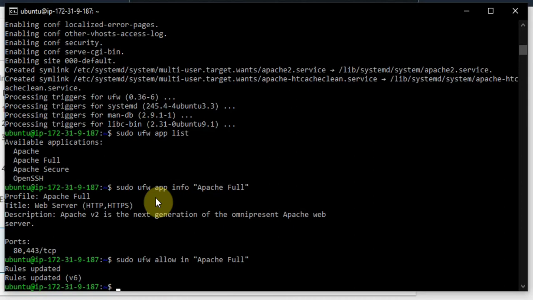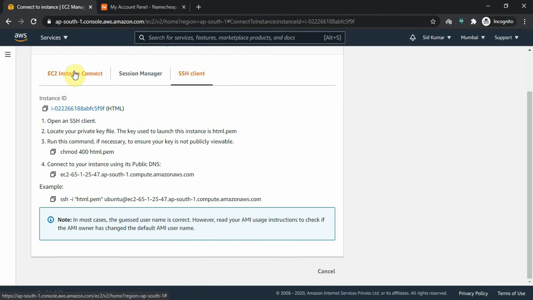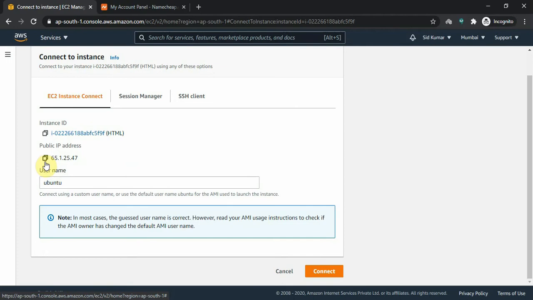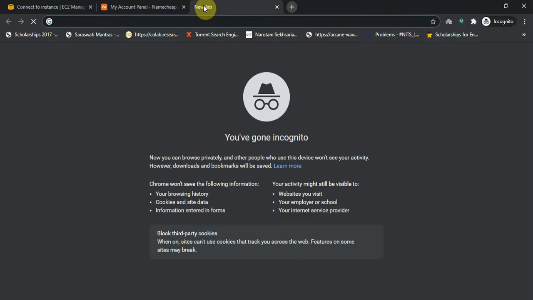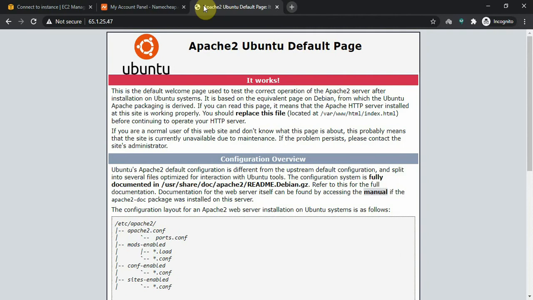So now what we'll do, we'll first check what happened till now. Up to now, what we have done is we have created a server. Let's check here. Yeah, this is the page and this is publicly accessible, right?